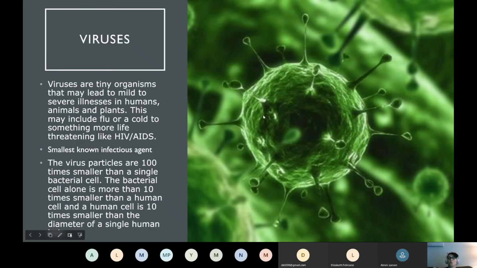And then we move to viruses. And viruses are smaller than we can visualize with the naked eye. So we can't even see them with a regular microscope. They take specific, special kinds of microscopes, electron microscopes, and until